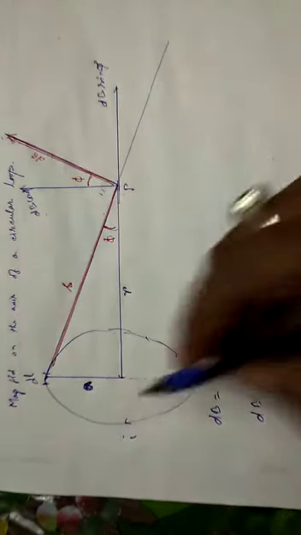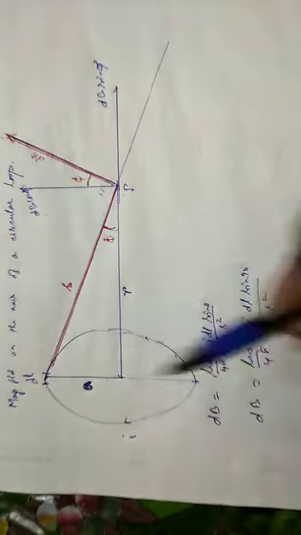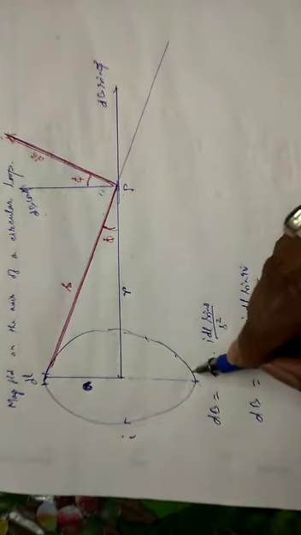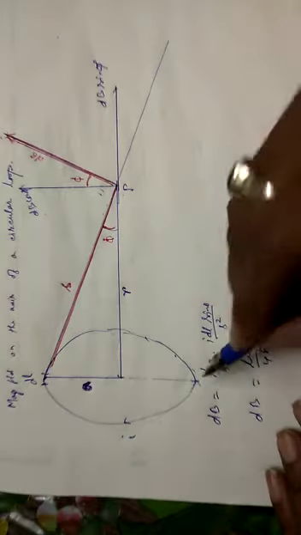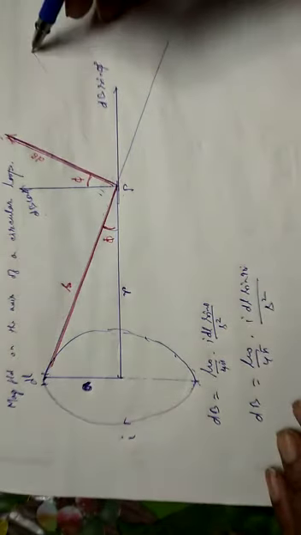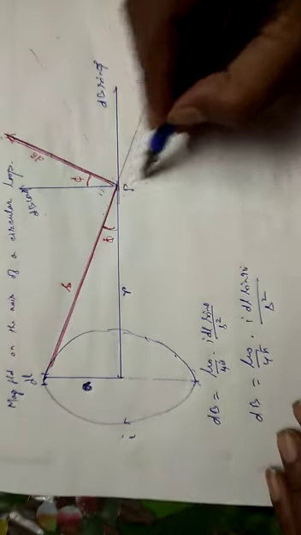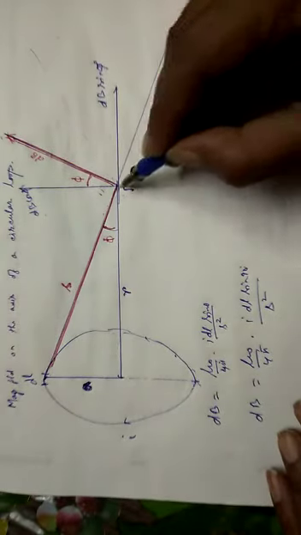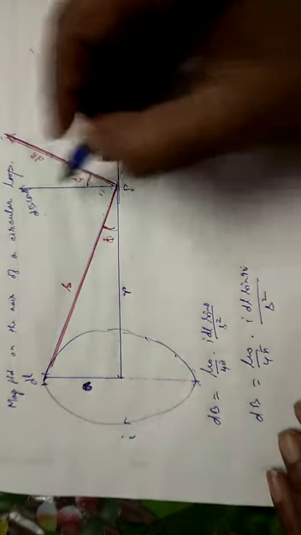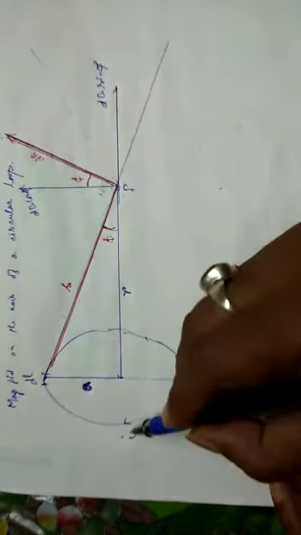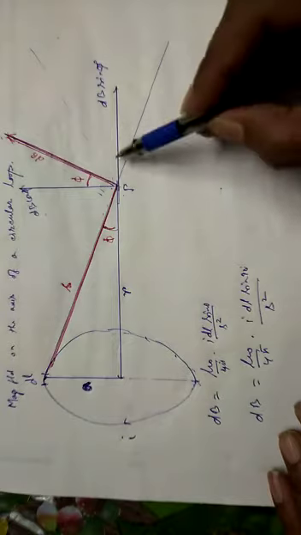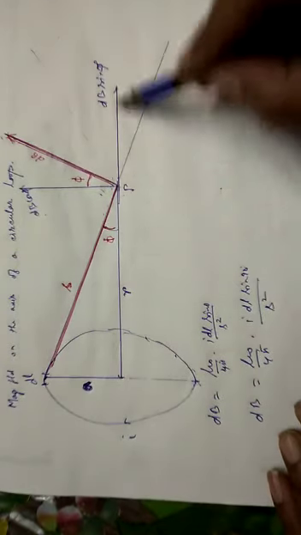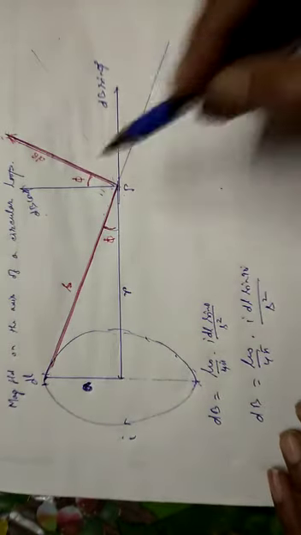And this del L has also a diametrically opposite del L. So if you consider a del L here, you will have again a dB in this side, and it will have two components. One is dB sin phi and one is dB cos phi. So every time a del L has two components: one is dB sin phi, which is acting along the axis, and one is dB cos phi.